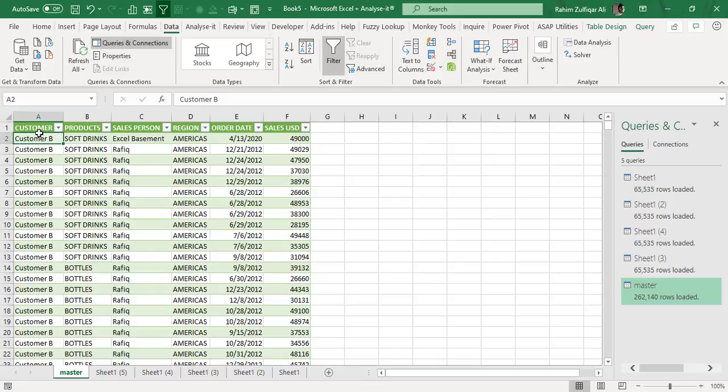So I hope you like this video and you will use this kind of technique. And there are many other ways of appending the data through Power Query. There can be multiple kinds of scenarios. For example, if there are multiple workbooks and you need to append all the data from multiple workbooks into one workbook spreadsheet, all these different scenarios have been recorded on my channel, Excel Basement. You can find it on YouTube, go to the playlist, and learn more about how to use Power Query.